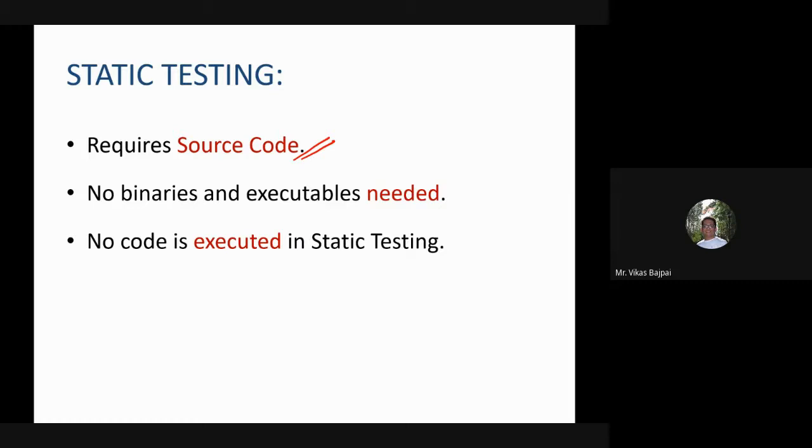Since it's static testing, we will not be executing any binaries or any codes. So we don't need any binaries or executables. I don't need to execute the piece of code in case of static testing.